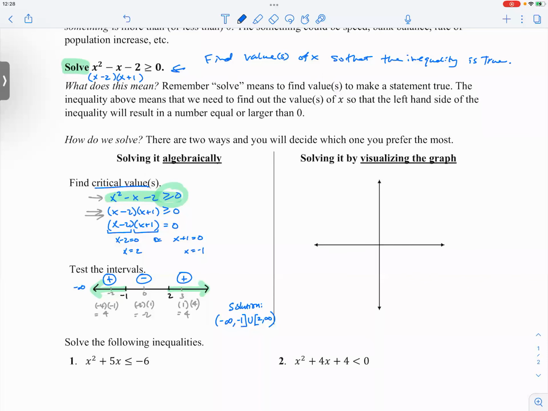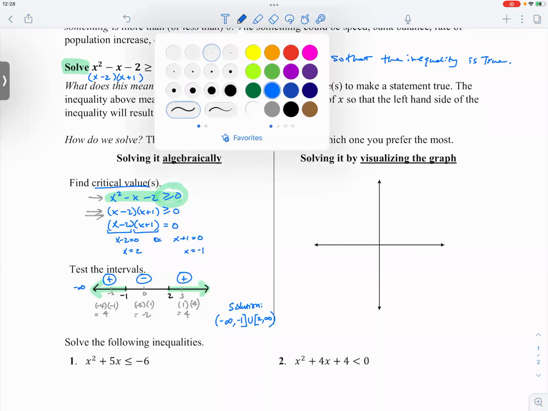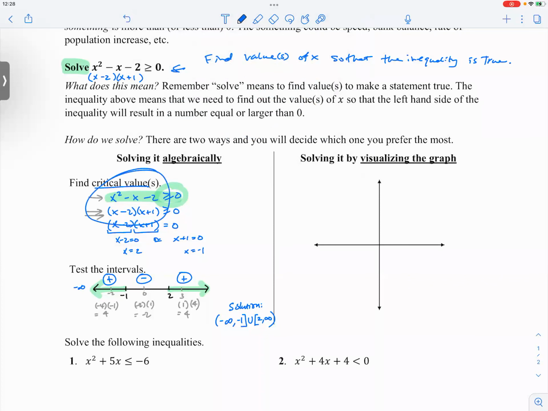If you find the algebraic method manageable, then let's go ahead and take a look at the graphing method. Now, the graphing method, it's what I would strongly advocate. And you want to enjoy this graphing method. So first, can you go ahead and graph or make a sketch of this quadratic expression,